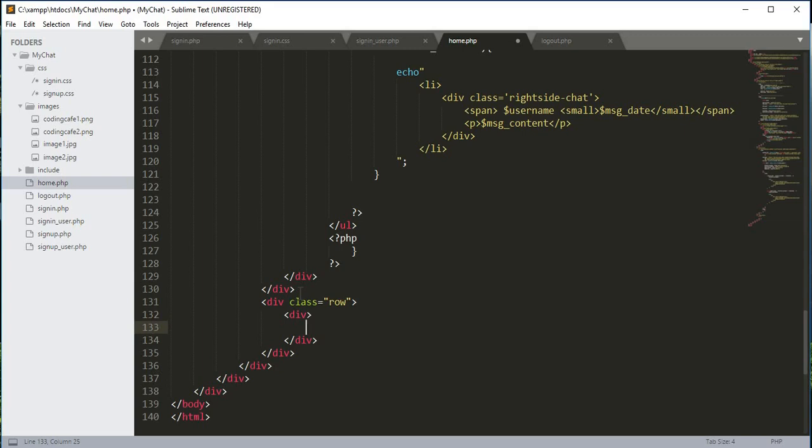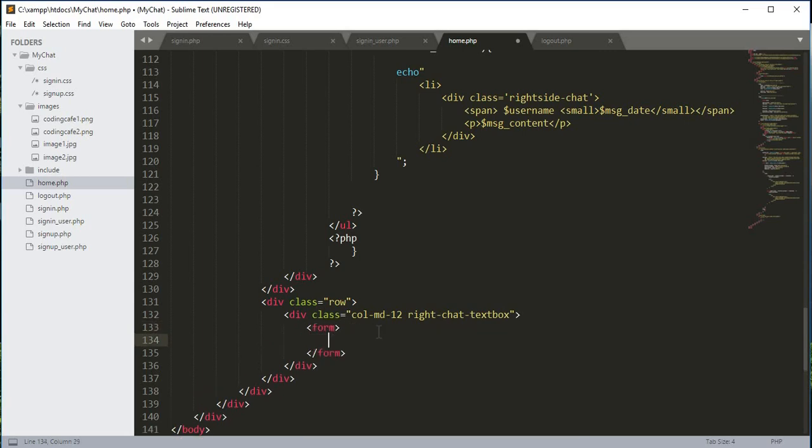We are creating this div for the sending message. Okay, so now we will assign this a class called col-md-12, and then write chat-text, let's just say box, text box. Okay, and then inside this we will open up a form, and its method will be post,